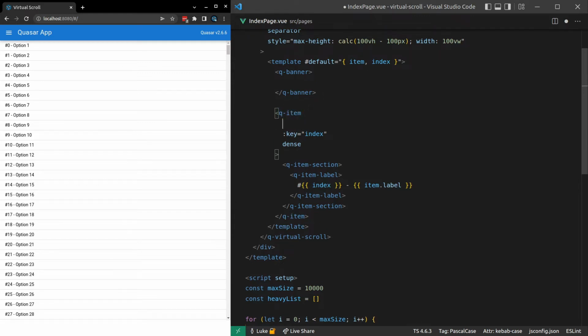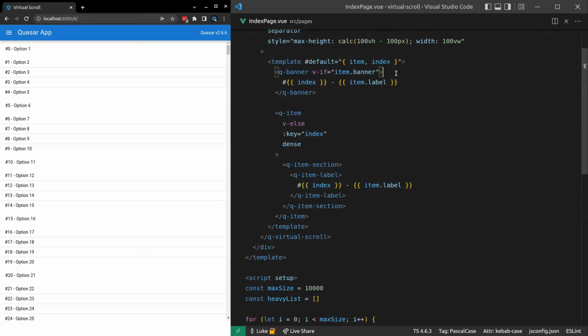So that means I can now say v-if, oh, sorry, we want the v-if up here, don't we? v-if item.banner. So if this is a banner item, I want you to spit it out. Otherwise, so v-else, just use the Q item component. Now let's copy this, paste it in there, and just see what we get now. All right, looks a little bit silly. You can see that the Q banners are actually showing in there,